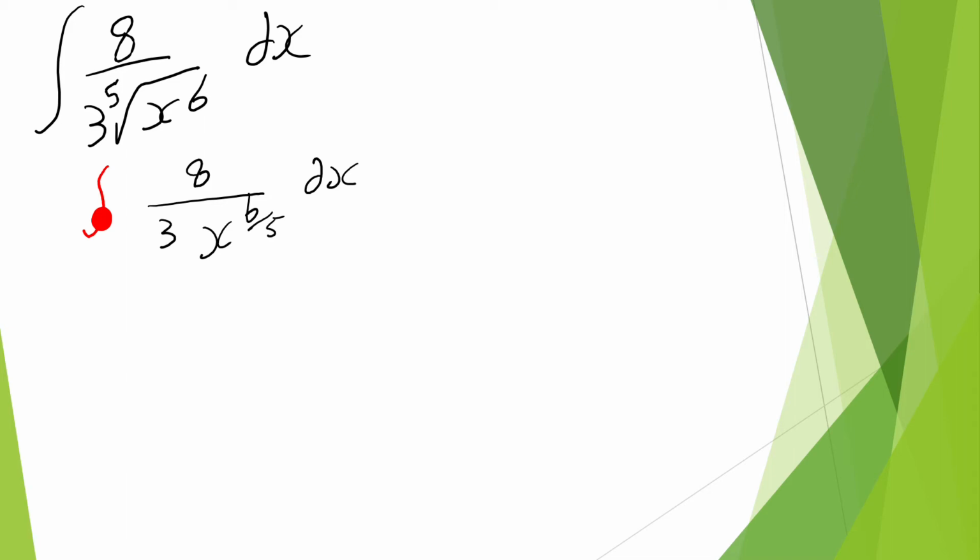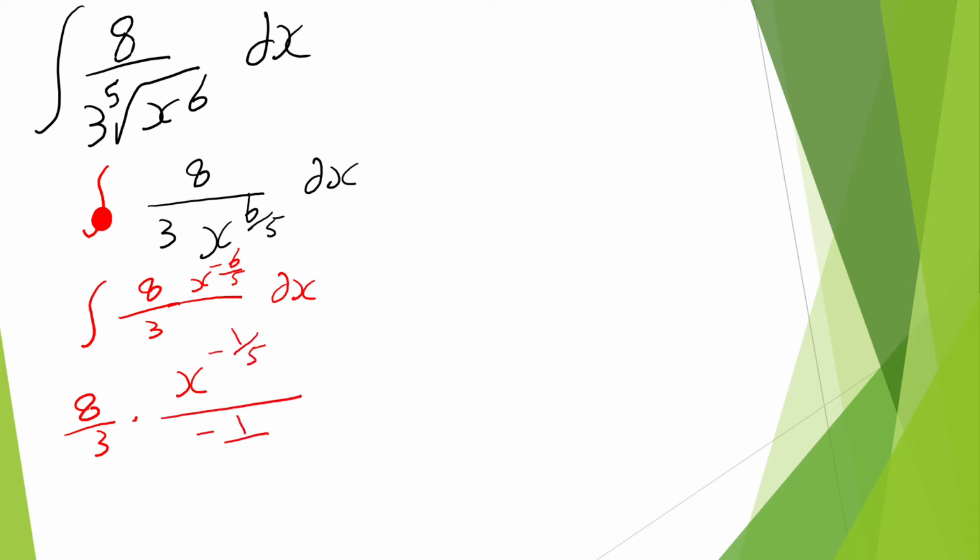And then the next step is moving the index into the numerator, and you notice that I'm writing my integration sign because I haven't integrated anything yet. And now my expression is ready to be integrated. The 8 over 3 is a constant, so I'm not going to play anything with it. This one will be x to the power of negative 6 over 5 plus 1, which is negative 1 over 5, over